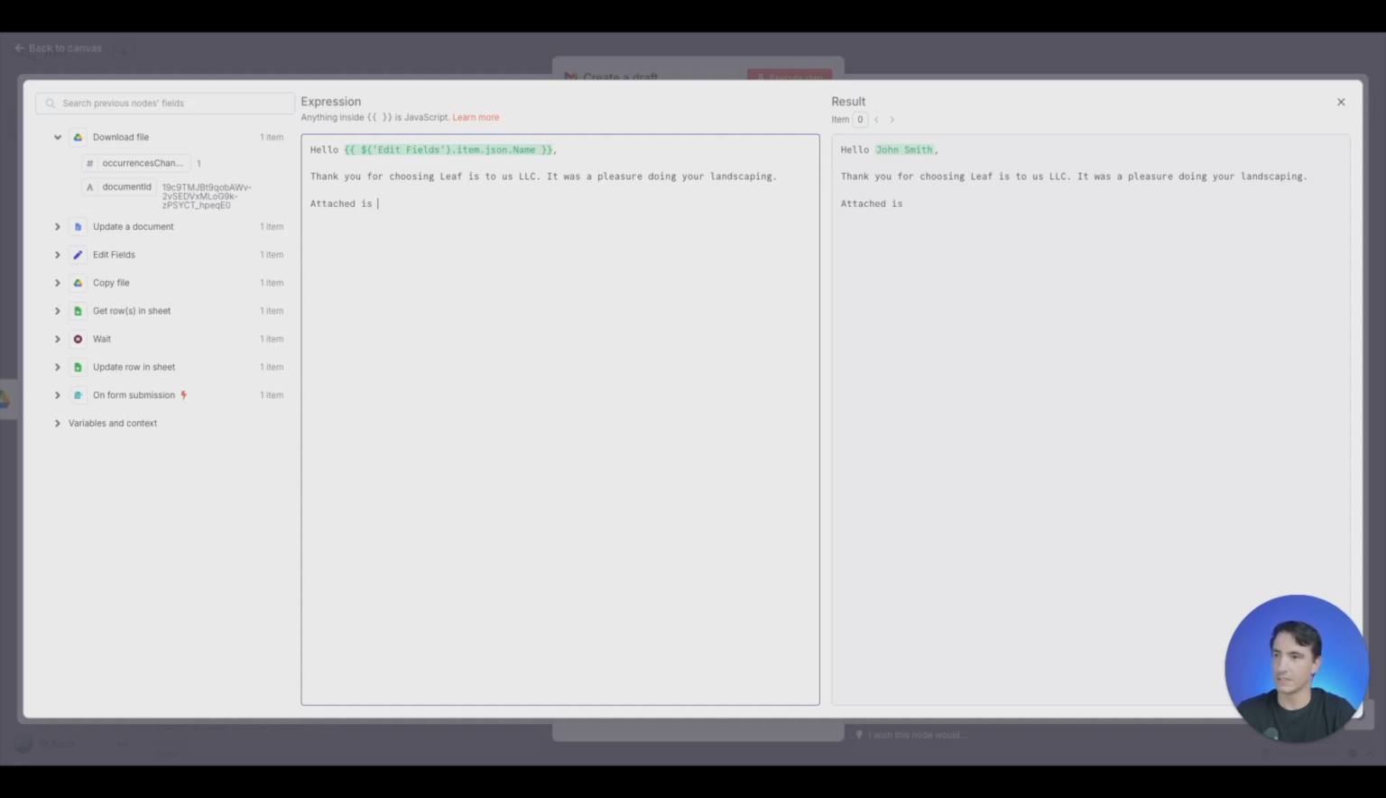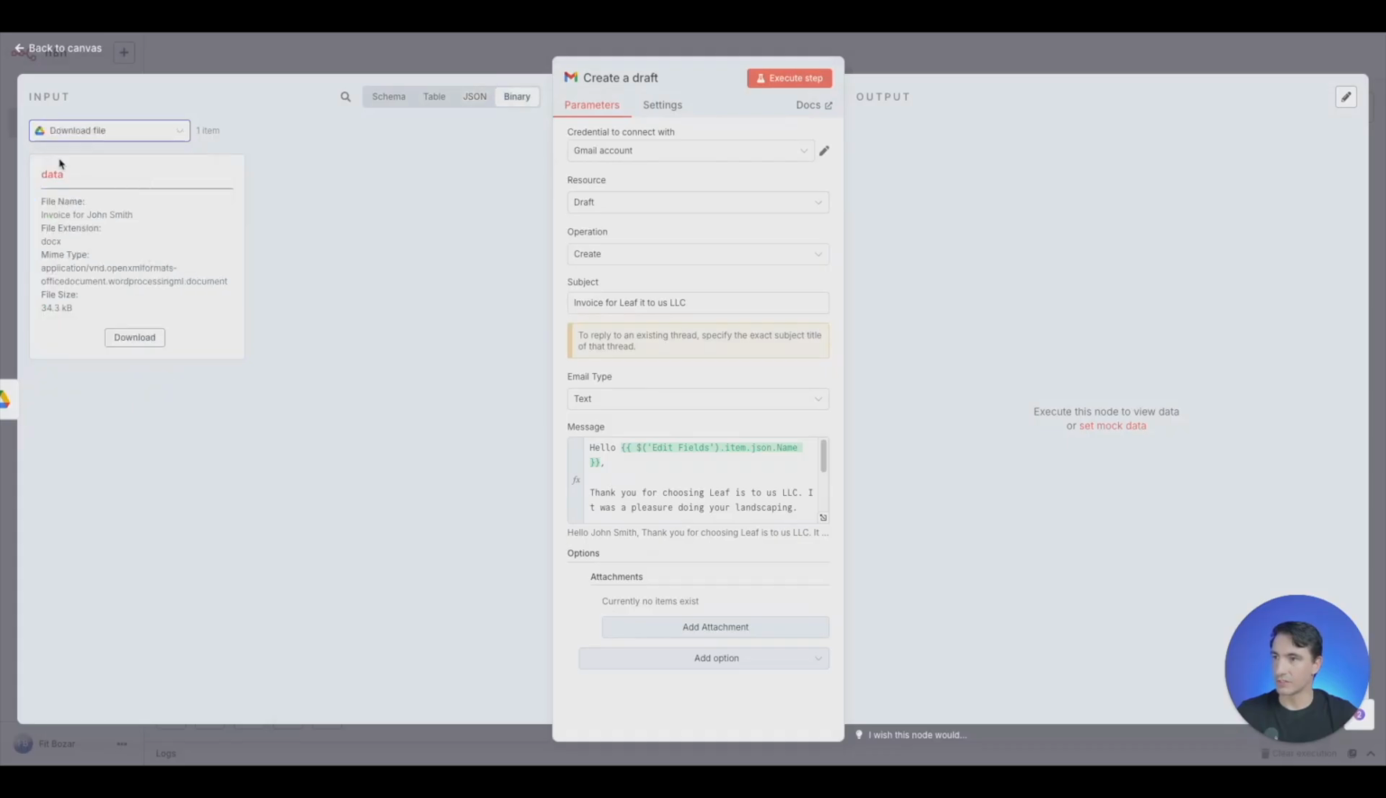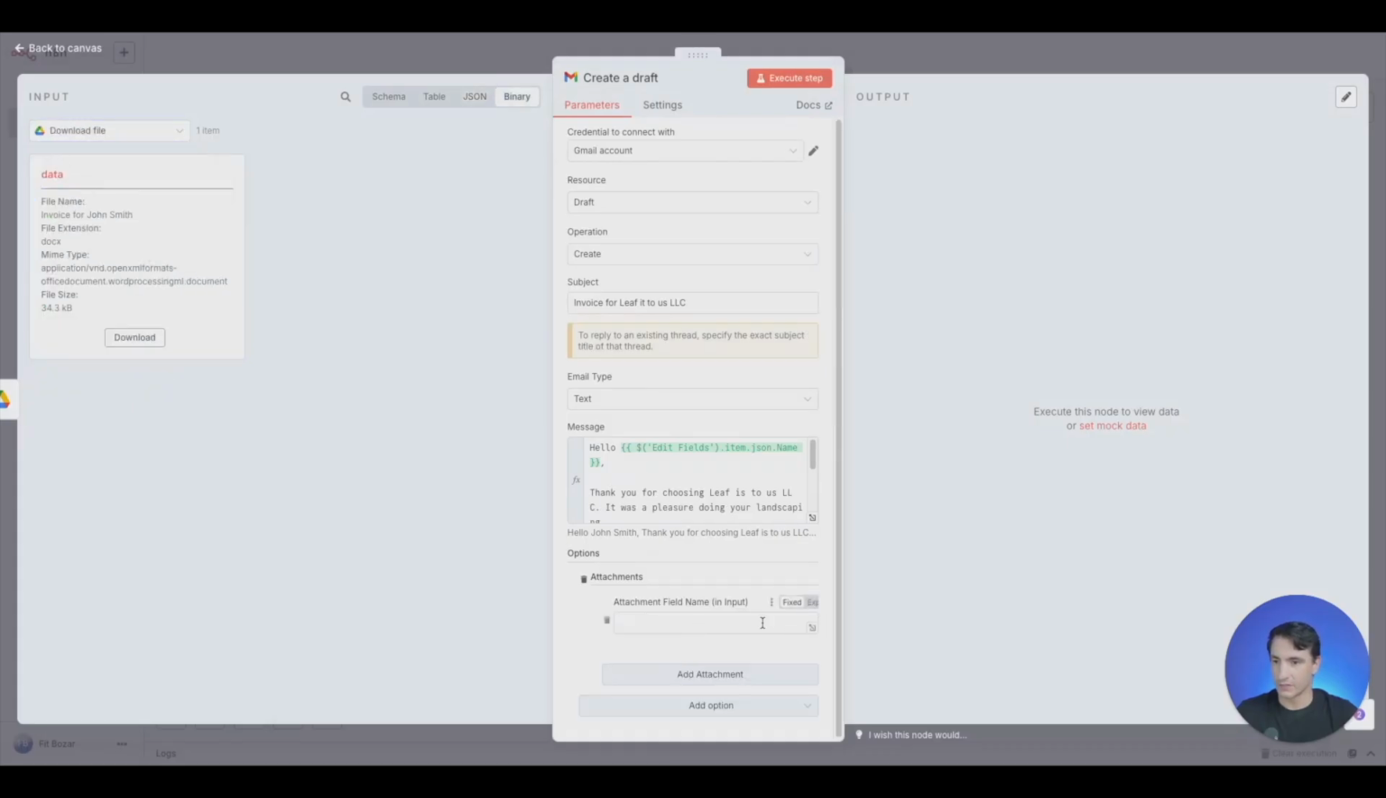Attached is the invoice for our services. Please let us know if you have any questions. Regards, fit. Okay, and now if we want to add an attachment, we just come back to our downloaded file. It's just called data. So we can just come in here, we can do the expression, or we can just do fixed and just call it data. So we can execute the step,